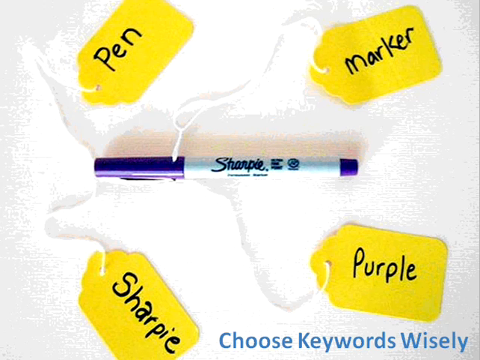So instead, what the advertiser should have done in this case was to put up an ad for a purple Sharpie, which is extremely specific. It's much more specific than just saying marker. A purple Sharpie is a type of marker, but because it's more specific, it's actually going to get fewer click-throughs, which at first glance could look like a bad thing. But then when you think about what happens next, the people that click on that specific keyword are much more likely to buy because they know exactly what they're going to see once they click on the ad. So the conversion rate is actually better, even though the click-through rate initially is lower.